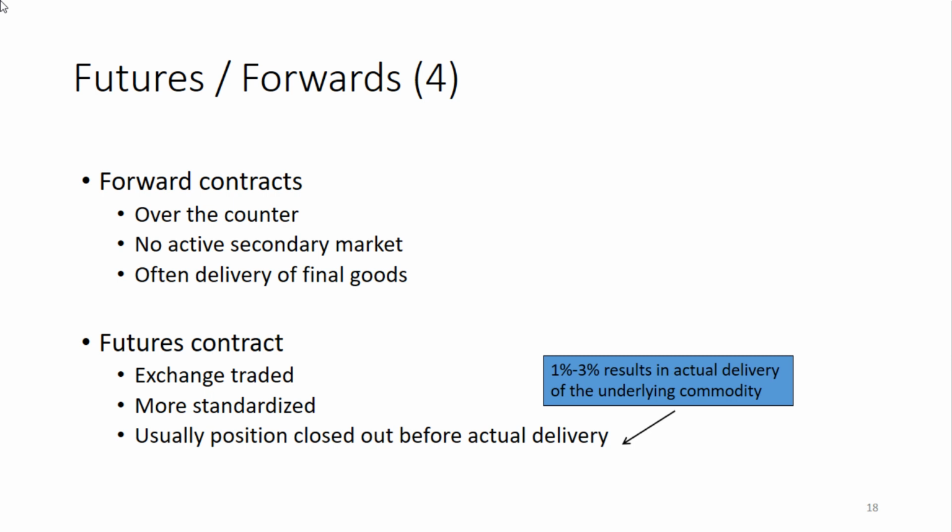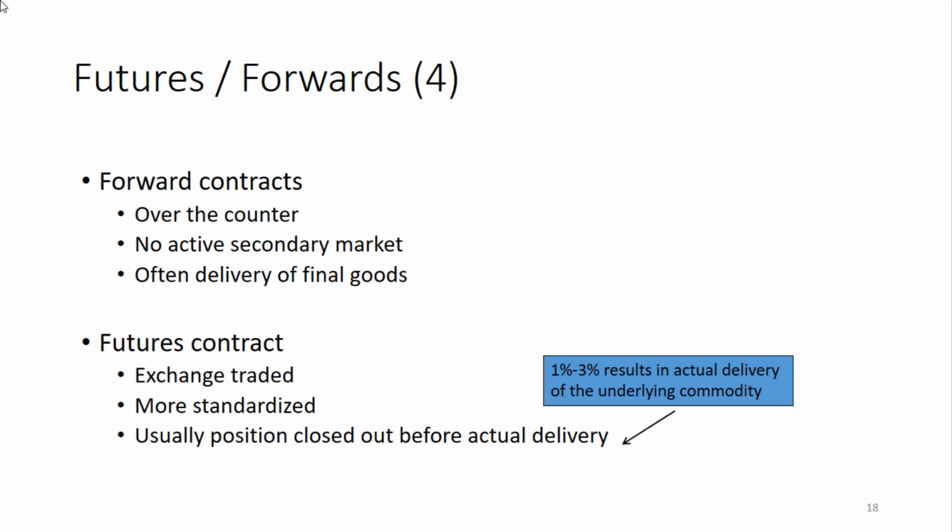When there are bilateral negotiations between the two parties that enter into the forward contract, there may be clauses under what condition the contract could be stopped intermediately, but it's a far more complex activity than when you would enter into a futures contract. Futures contracts are far more standardized, so less tailor-made to the needs of both parties. They are exchange traded, and it's very easy to enter into a futures contract, but also to step out of a futures contract. You could do that on an hourly basis, daily basis, and because they are far more standardized, it's easier to do that.